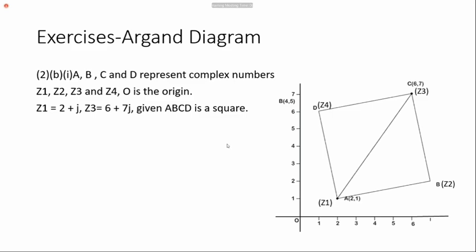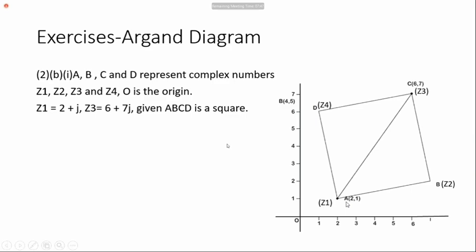If you want to apply complex numbers, just listen and try to understand what I am telling you now. You have to move the entire structure, the entire square, to the origin. That means A has to be moved to this position, right? What is this position? 2 and 1. Can you guess what will happen to this position then? 6, 7. If you move the square without rotating, just move it so that O and A coincide.